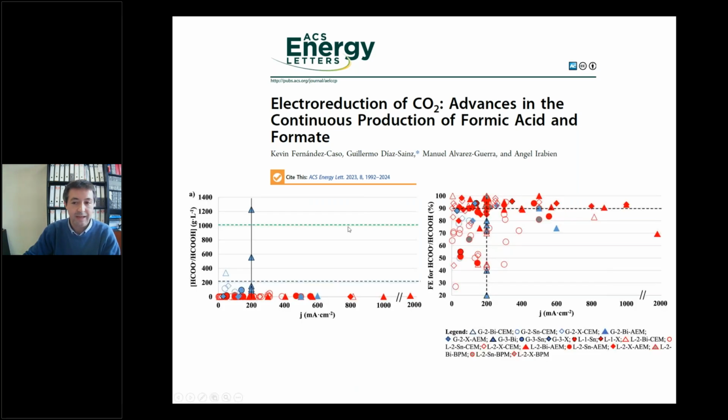In other words, excellent results have been achieved in some figures of merit, but it is necessary to continue research efforts to achieve the simultaneous optimization of all the different figures of merit. For example, not just achieving high efficiency, but also combining that high efficiency with a high production rate, a high product concentration, and low energy penalty. And of course, it is also necessary to explore the scalability of these processes for their implementation at an industrial